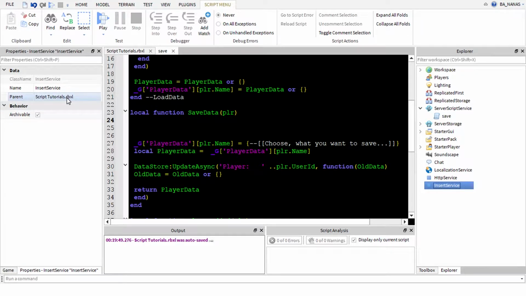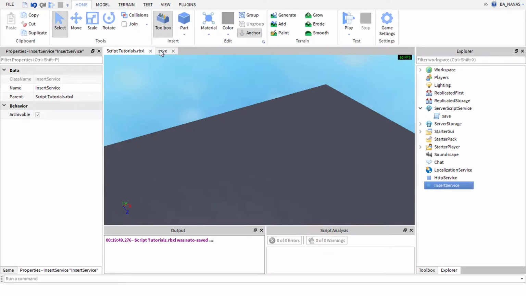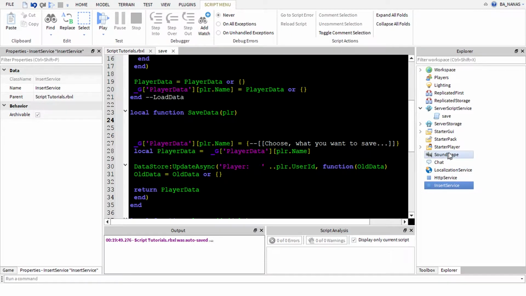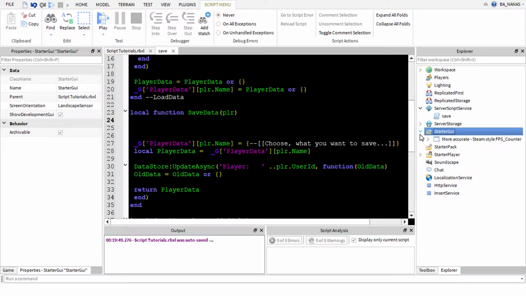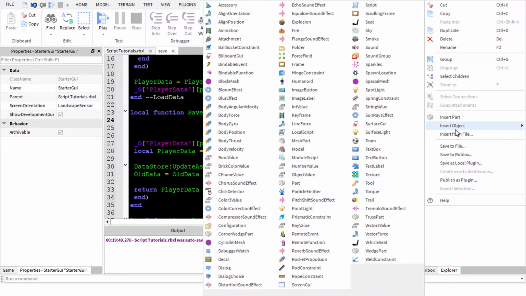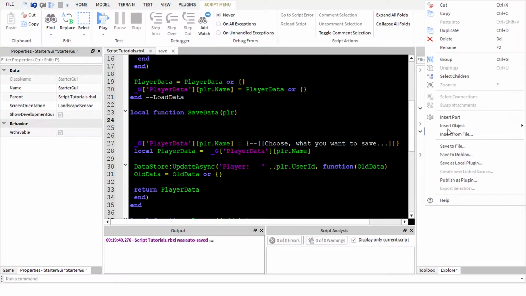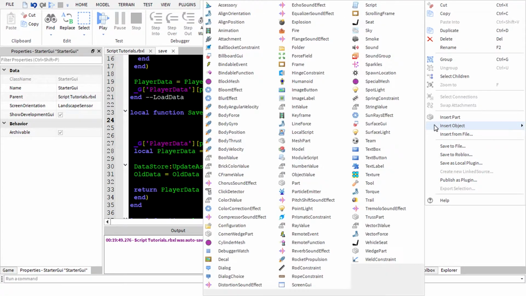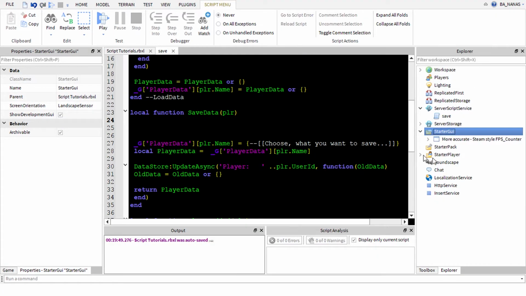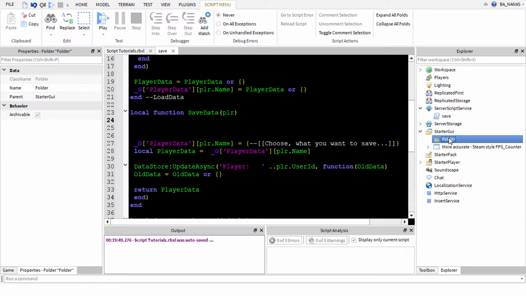Now it's the game's name, which is that one. That's something new actually. So I'm probably going to put those bool values right here or something like that, and insert object. Come on, man. Yeah, like that. Insert object, which would be a folder. Alright, folder, and then we name it